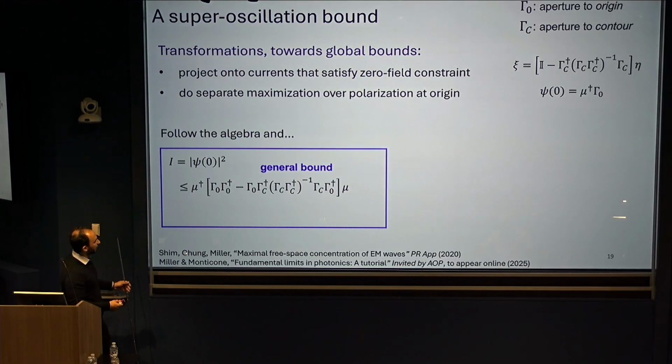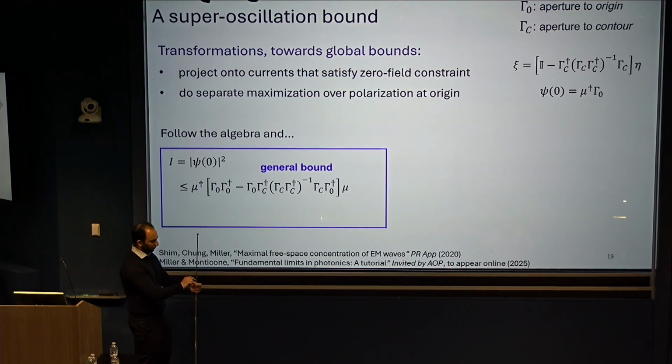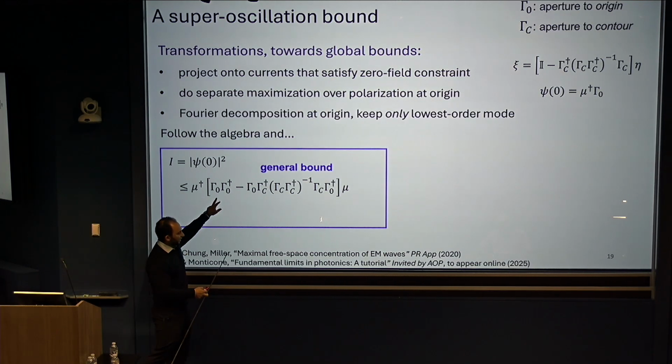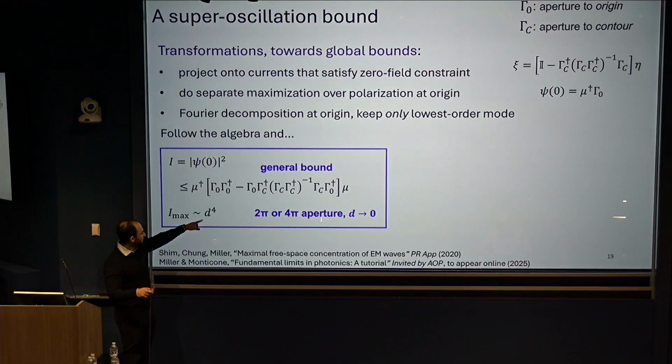Now, how much energy do we have to pay? There's one more trick you can do, which is that instead of forcing the field to be 0 at every point on this contour, as long as the contour is really small, you can actually just do a Fourier decomposition on the circle. Just keep the lowest order mode. So you can imagine you're coherently just forcing the average of the fields on the contour to be 0. And if you do that, you can actually work out all these Green's functions analytically, and you find a bound that scales like d to the fourth. So d is the size of the superoscillatory region you're looking for. The penalty you must pay in intensity scales as d to the fourth. And we can get all the right coefficients out front.